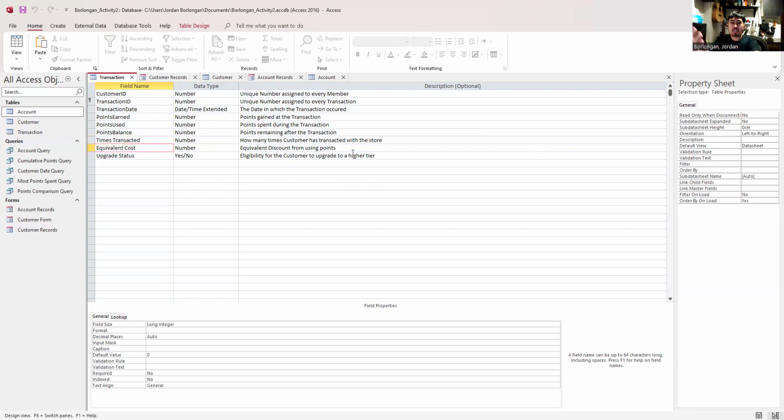So if the customer used points, it details what currency equivalent that points is to the points used by the customer. So for instance, if the customer used 10 points as part of their purchase, they have a discount of 10 pesos, for example, something like that.